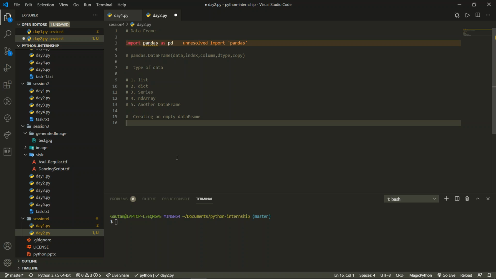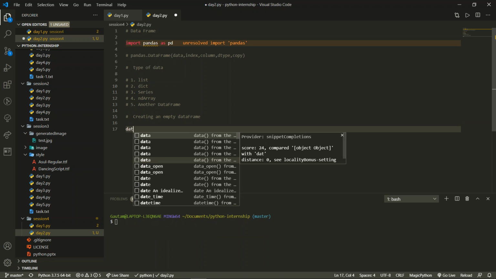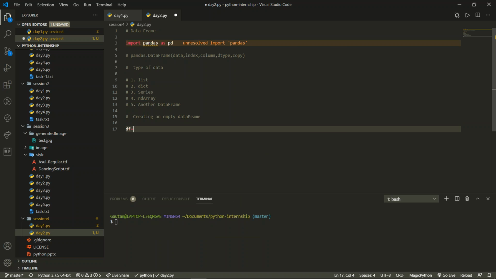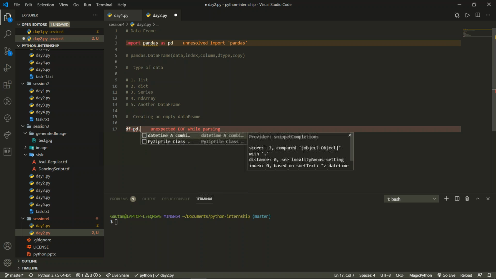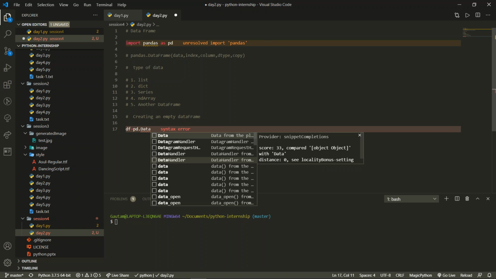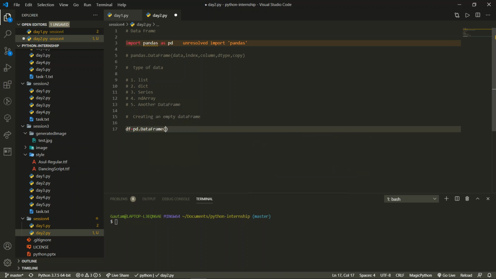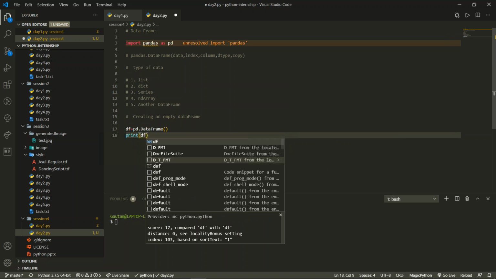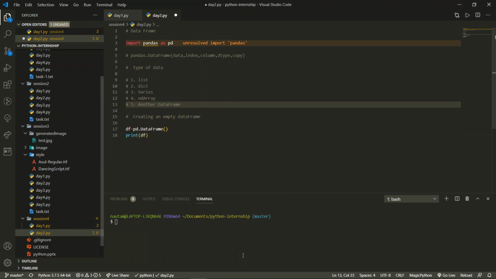So this is done. So we have imported pandas as pd, and now we'll use it. If you are making a data frame, df equals pd dot DataFrame, and inside that it will be blank if you are creating an empty data frame, and then it will just print it off, and that's it. So if you execute this,